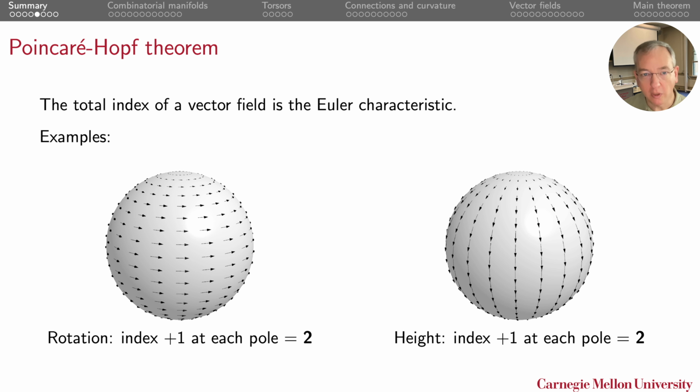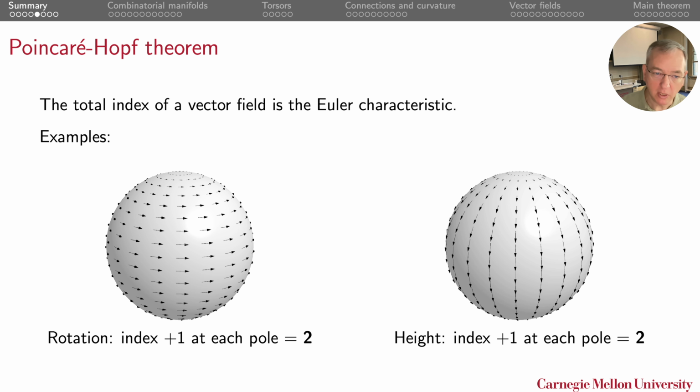And the total index of a vector field is to visit all of the zeros of that global vector field and count up the index. And you obtain the Euler characteristic. That's the Poincaré-Hopf theorem. So for example, on this sphere, you could look at the vector field that points east,